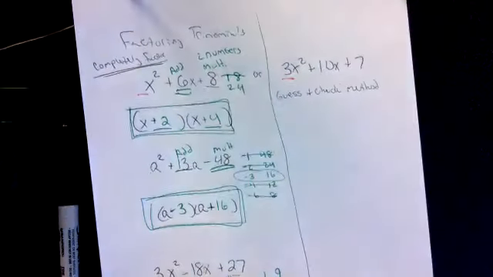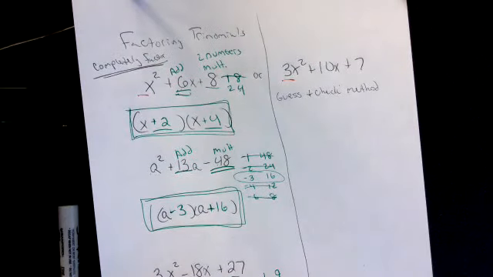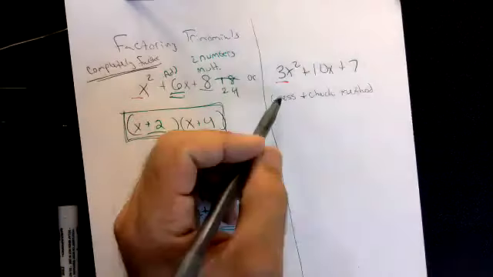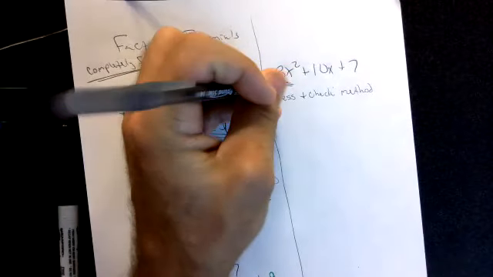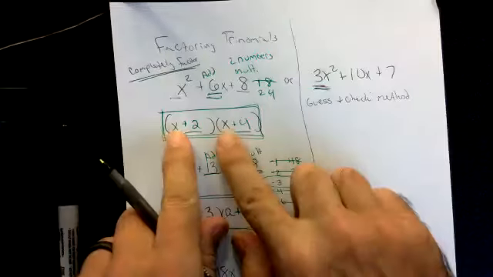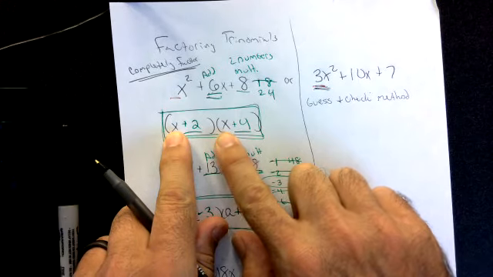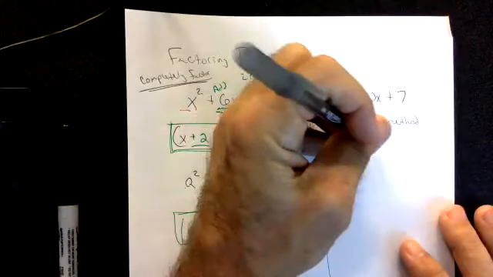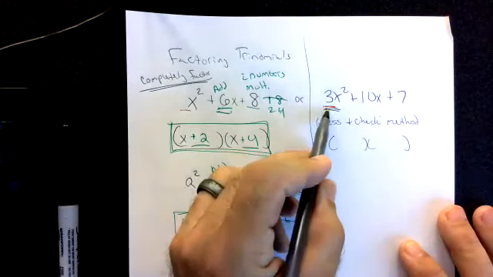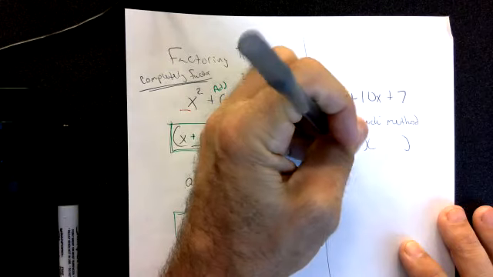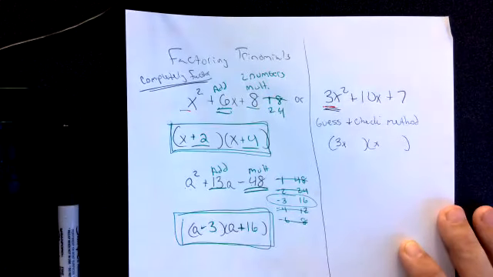Some students like this because they're usually pretty good at it and they can make it work in their head. Other students absolutely hate this because you can do a bunch of work and still not end up with the right answer right away. Anyway, so because there's a number in front of the x squared, we can't just automatically grab x and x. Okay, so what happens is we've got to figure out what can we multiply to get 3x squared. Now, in this case, it's either 3x and x